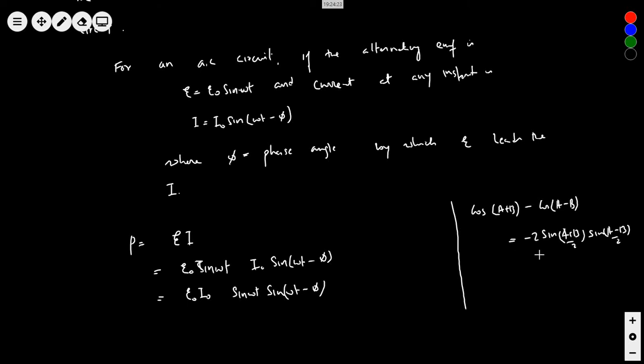So I said you take the minus this side. The reverse formula for 2 sine A sine B would be cos of A minus B minus cos of A plus B. I taught you that you take the minus, distribute it, so it becomes cos of A minus B minus cos of A plus B. So if I apply it here,